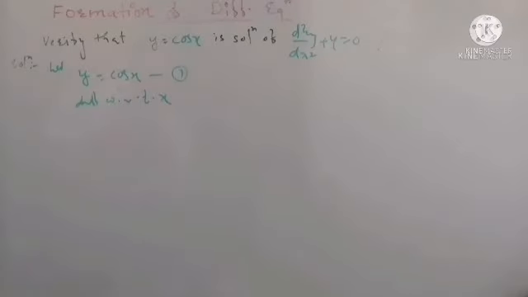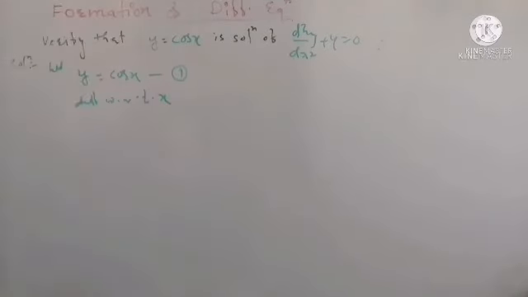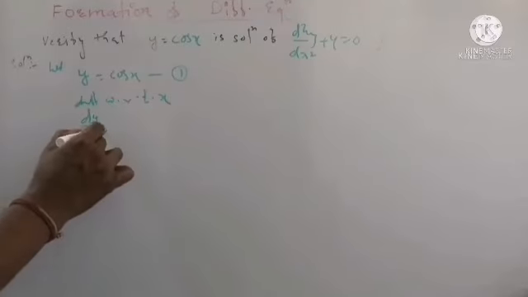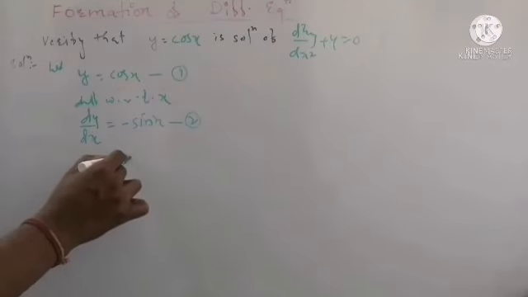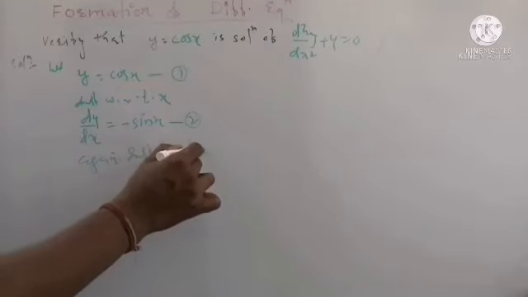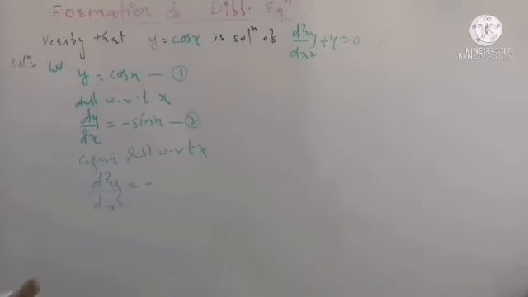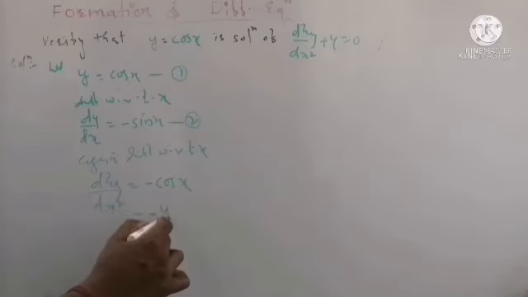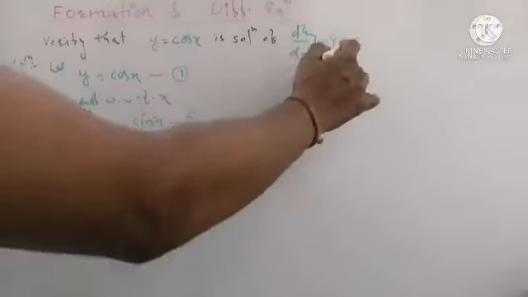In this example we have to form a differential equation of second order from the given algebraic expression, as we take its derivative with respect to x. The first order derivative dy by dx is equal to the derivative of cos x, which is minus sin of x. I take it as number 2, and again differentiate this with respect to x. We get the derivative of dy by dx as d square y by dx square, and on the right hand side minus is a constant, the derivative of sin x is cos of x. Now from equation 1 we observe cos x is equal to y. By putting it on the right hand side we get the equation d square y by dx square plus y is equal to 0, which we had to form here.